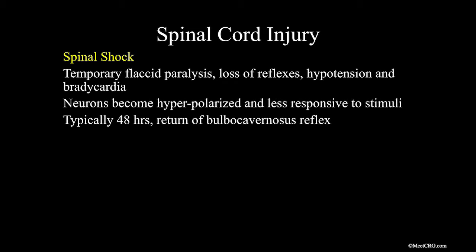of shock. So for example, hemorrhagic shock, if there's been a significant amount of blood loss, there may be hypotension, but there is a compensatory tachycardia. Spinal shock, on the other hand, is low blood pressure and bradycardia. It happens because the neurons become hyperpolarized and less responsive to stimuli, and usually it lasts 48 hours and then